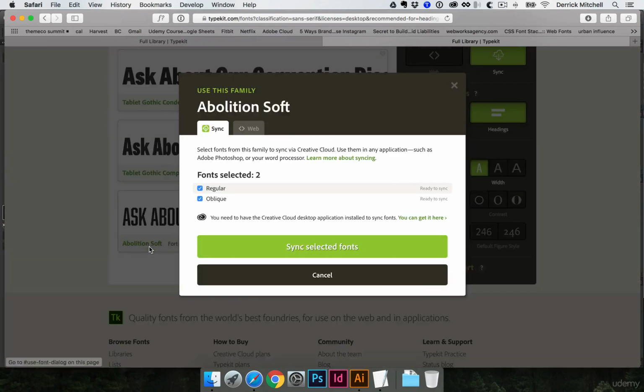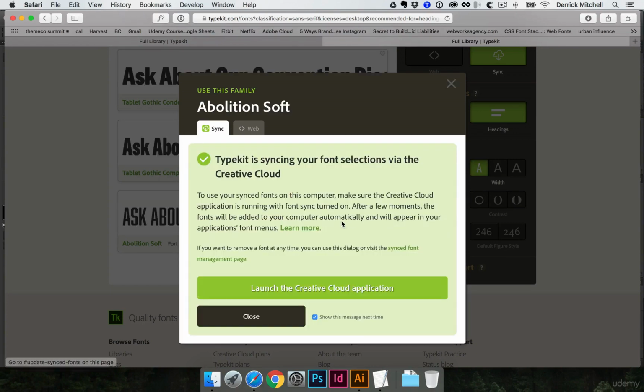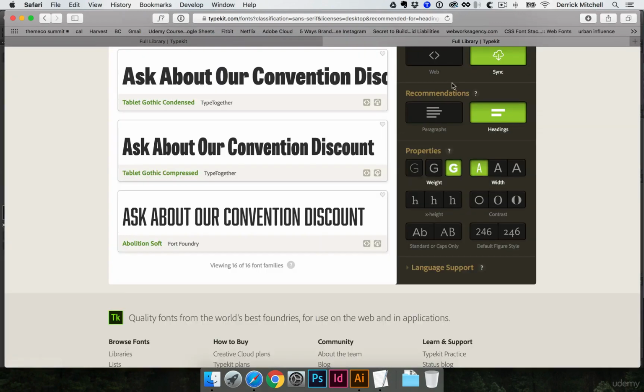I'll click on that. And it gives me the option to select different font families. So the characters here, we've got regular and oblique families we can choose from. I'll leave those both selected. Oblique is another word for italic. So I'll click on Sync Selected Fonts, and what it's going to do is immediately sync this to my Creative Cloud library. I can just X out of that now,